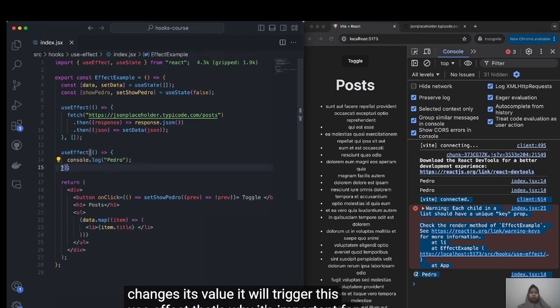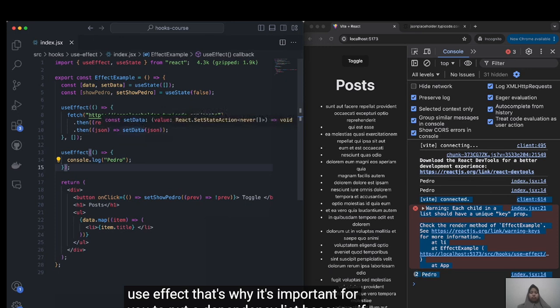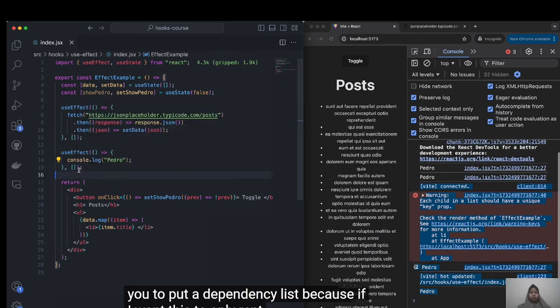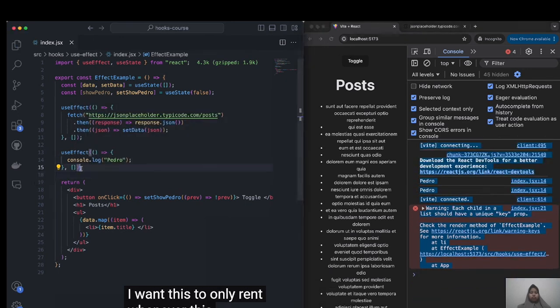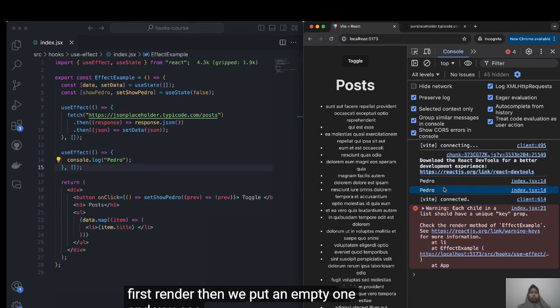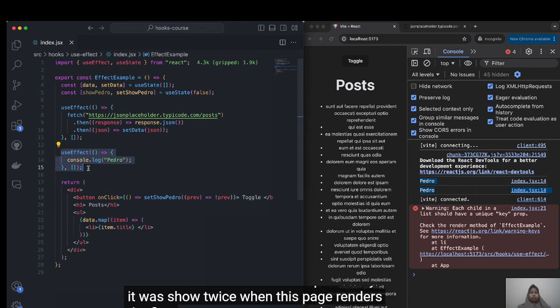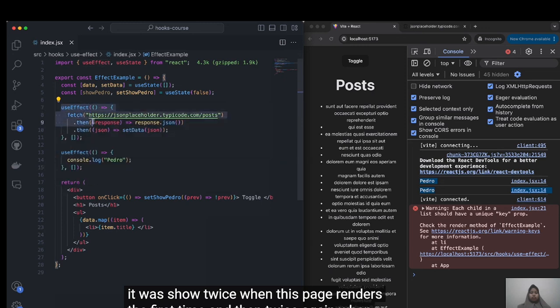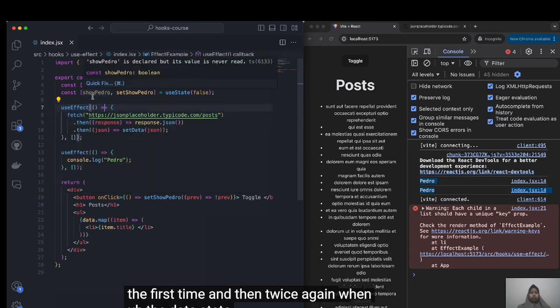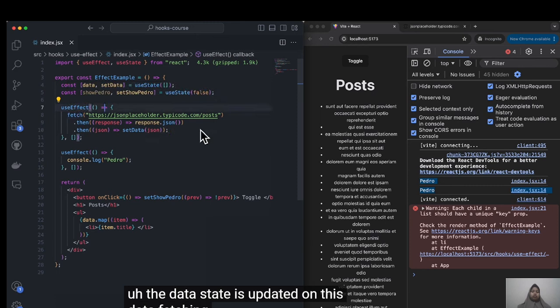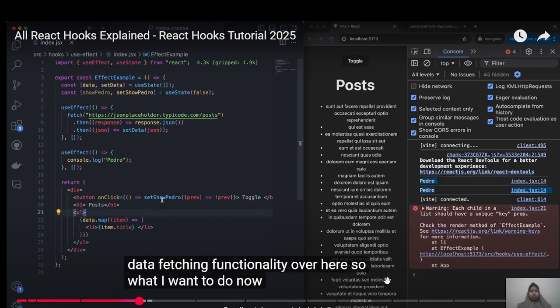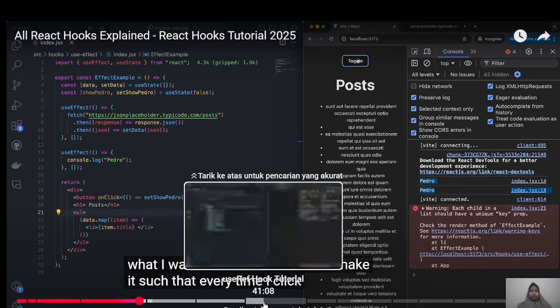That's why it's important for you to put a dependency list, because if I want this to only render whenever this is the first render, then we put an empty one, and you see now it's only showing twice instead of 4 times, because previously it would show twice when this page renders the first time, and then twice again when the data state is updated on this data fetching functionality over here. So what I want to do now is I want to make it such that every time I click on,